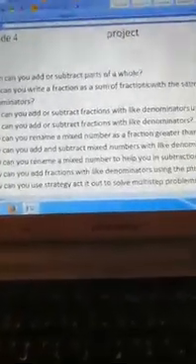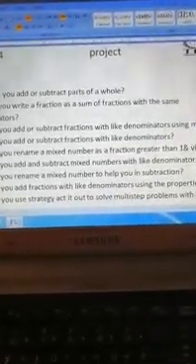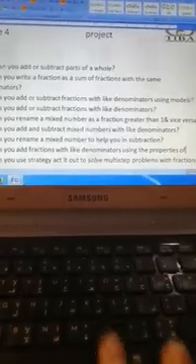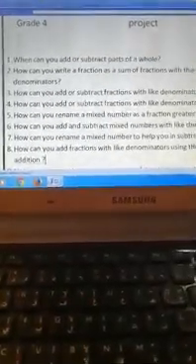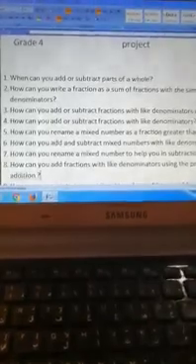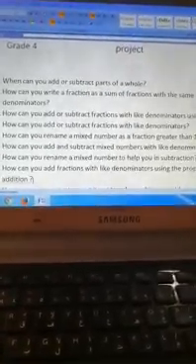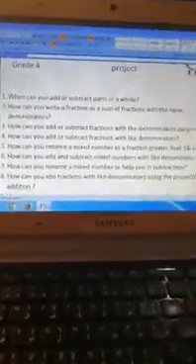Now question number 8, how can you add fractions with like denominator using property of addition? Okay. Here I need you to write 3 mixed numbers and get the sum using associative property of addition. Question number 9,